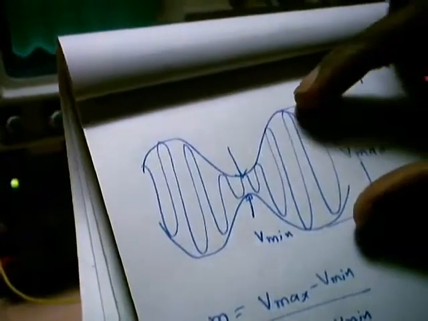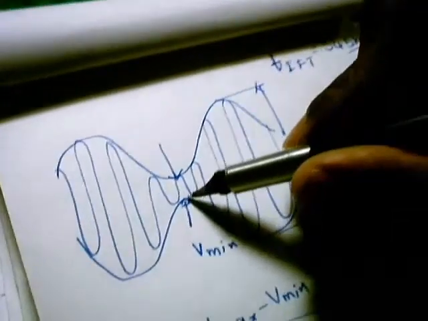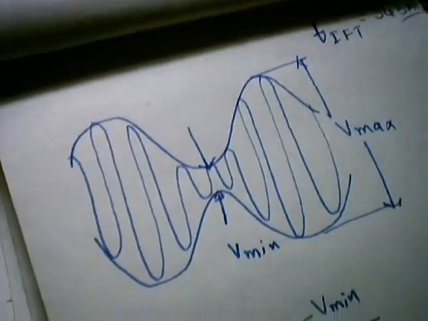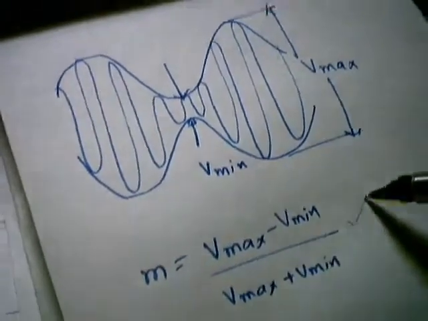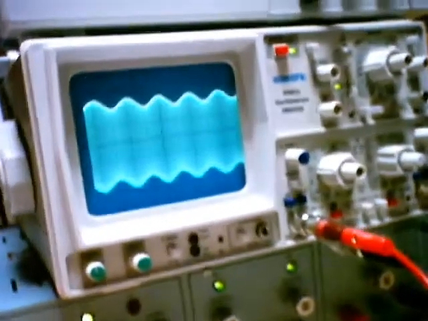So this is the type of waveform you are having on your screen. You measure peak to peak of this one, which happens to be Vmax. You just measure the peak of these minimum values, which happens to be Vmin. So you can find the modulation index of this AM signal by using this equation. Now for each and every variation of the modulating signal, you keep noting down Vmax and Vmin, so that you can calculate the modulation index.